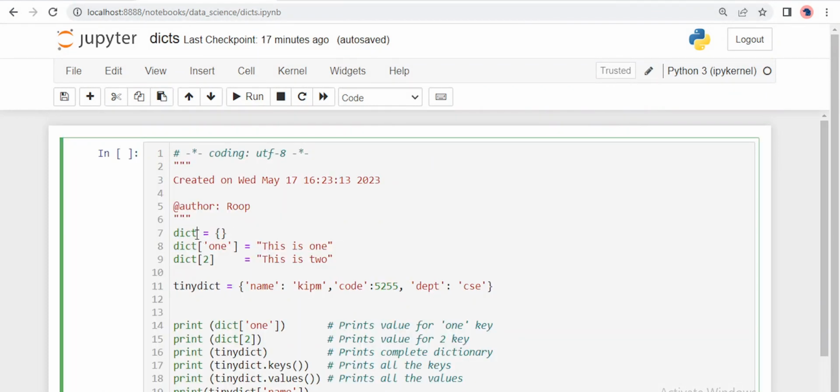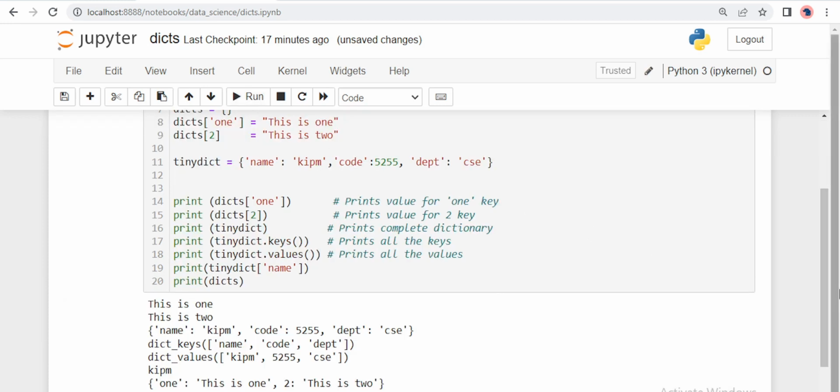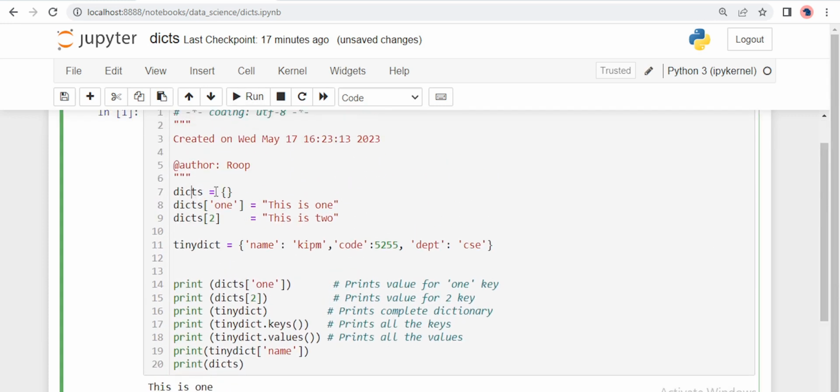So dict, again see, dict is a keyword, so it is shown in green color. What I am doing is changing it so that in future during operations I do not get any problem while executing, right? And let's execute it. You see, dict is a blank dict, there is nothing inside this. Now dict1, see, 1 is the key and this 1 is the value of this particular key. Now you see here, tinydict,